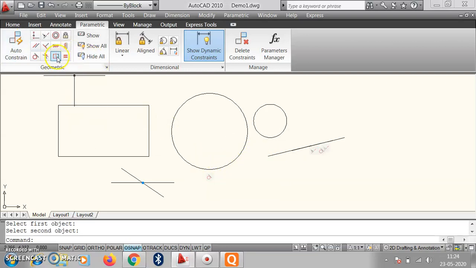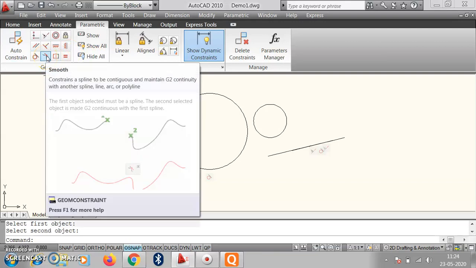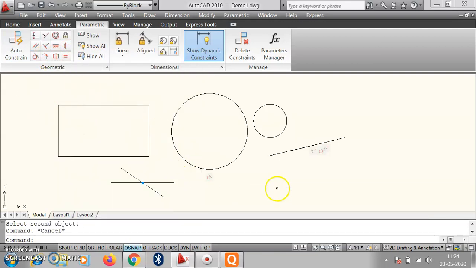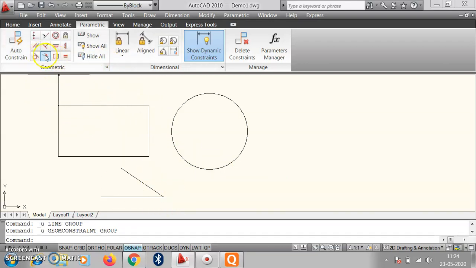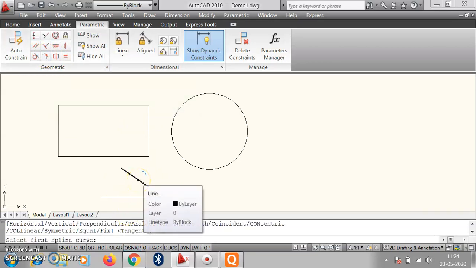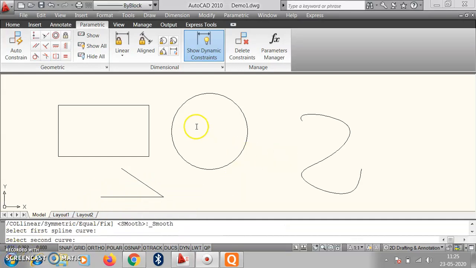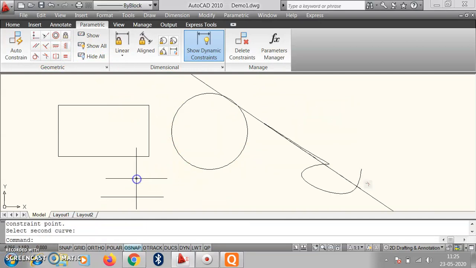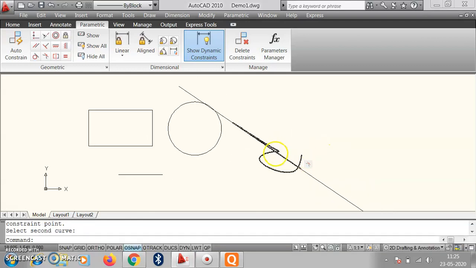Then smoothing. Suppose we need to smooth any two objects. Suppose here we have to smooth these two objects. Go to smoothing, click the first object and then the second object. It gets smoothed, and this command is particularly used in the case of splines only. Then